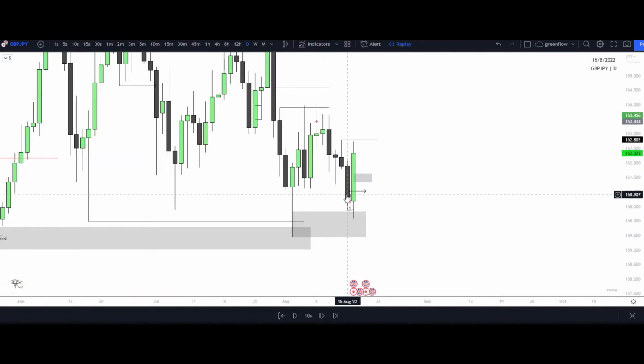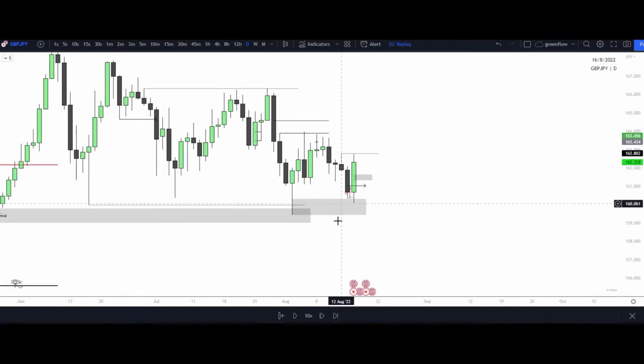We literally just had 3 days, right? 3 full days just destroyed in one daily candle. That starts to tell you which side is in more control, just by looking at it. Not doing market structure, not doing supply and demand, not doing Wyckoff, not doing any of those confirmations, just by looking at it and saying that it took 3 to 4 days to come down to these areas, and then we literally took out all that price action within one candle, right? That starts to tell you that supply or demand is more in control.